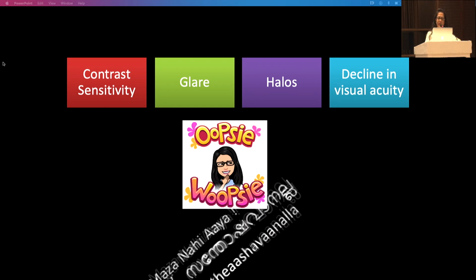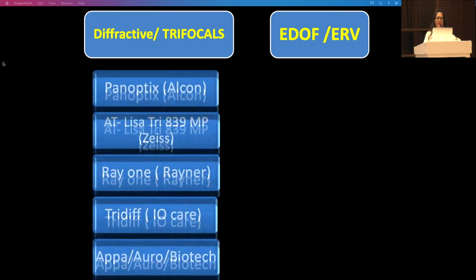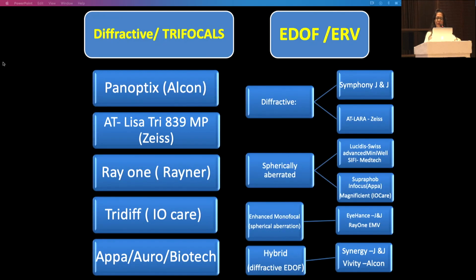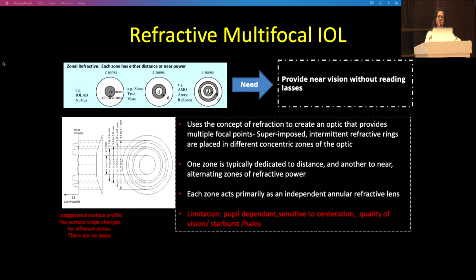And that is the aim, to give you the choices where you do not end up spending so much time and energy, and your patient is spending that cost and still saying that it's not so good, doctor. So what are the choices? There are quite a few choices out there, and how you select which kind of presbyopic lens would work best for your patient is what we are going to take up. But before that, in choices of IOL, we've come a long way since we started with